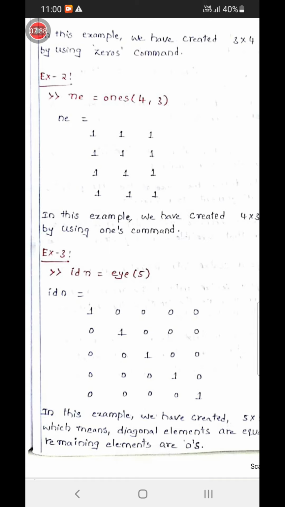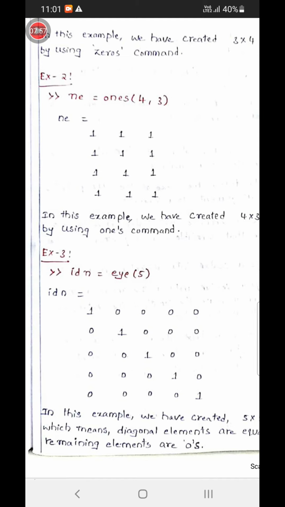Now example 3. IDN assignment eye in the curved parenthesis, we have typed 5, which means 5 rows and 5 columns.